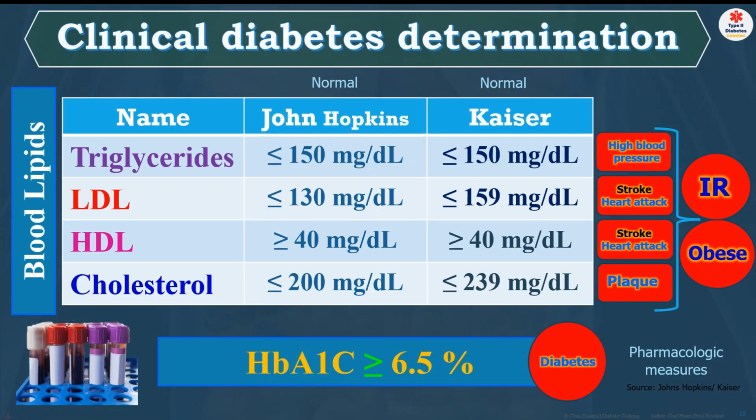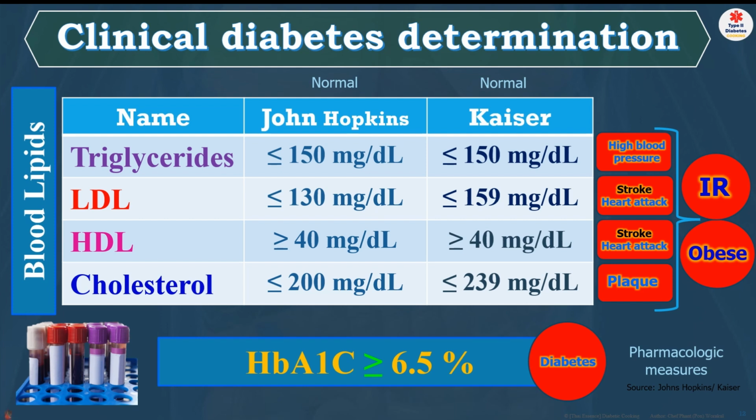So for the critical diabetes determination, that's what we'll talk about. They will talk about triglycerides, LDL, HDL, cholesterol. The LDL has the big one and the small one. The small one is more dangerous, but usually it's based on calculations, because they cannot just go in and try to see for everyone which one is big and which one is small. So it's a calculation that they do. That's how they define it.